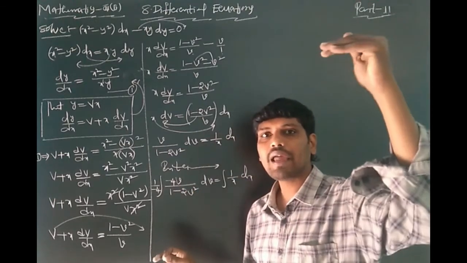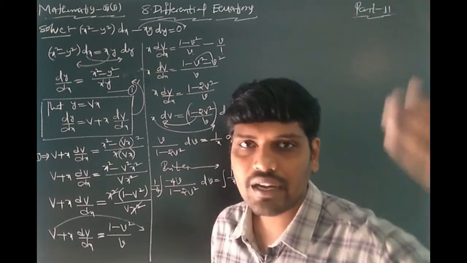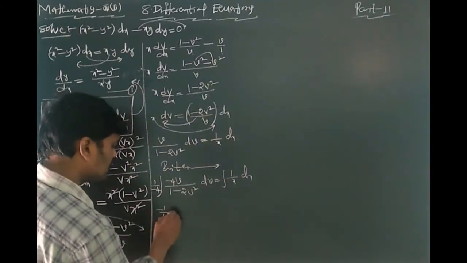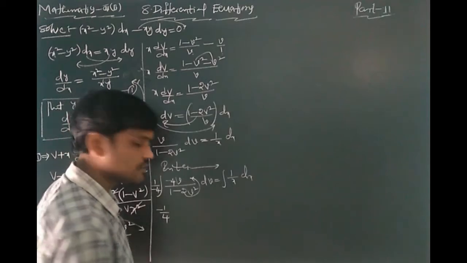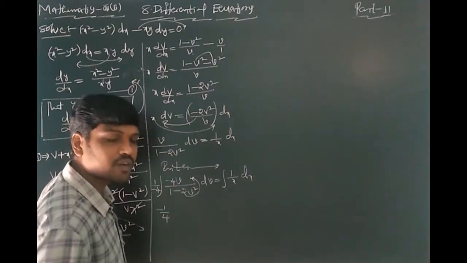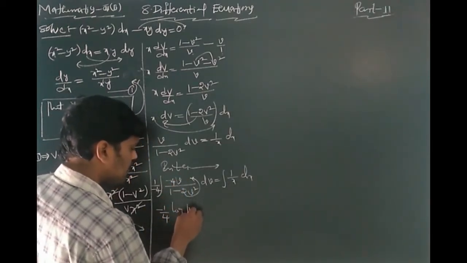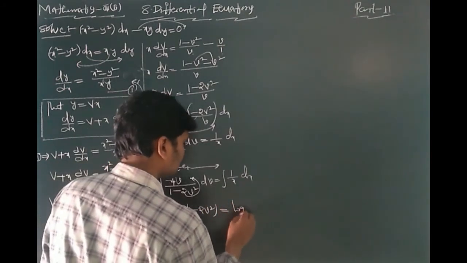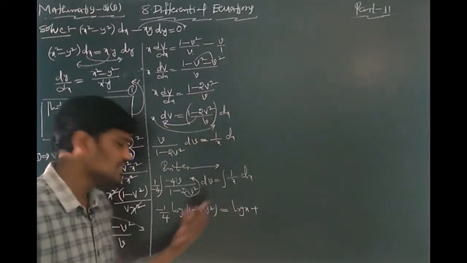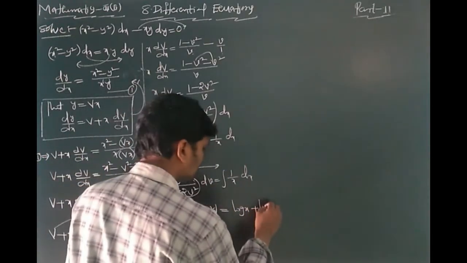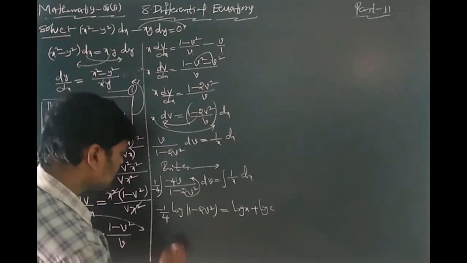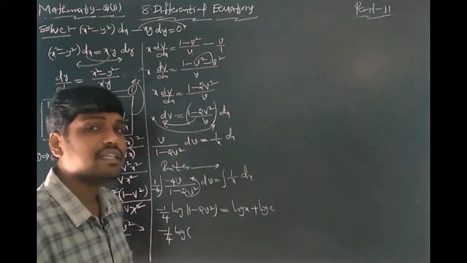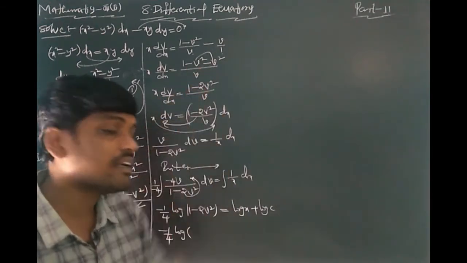You can multiply this by minus 4 and divide by minus 4. You get minus 1 by 4 into this derivative numerator, that's why you can write integral f dash by f of x formula: log of mod of f of x, 1 minus 2b square, is equal to log x plus log c, you can write all these values in terms of log. After that you can write here minus 1 by 4 log of, in place of b you can write how much?